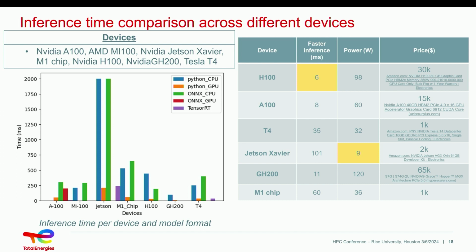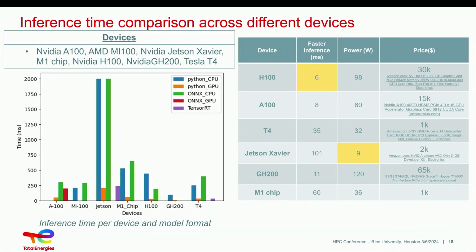So for that, I will say that it's always a trade-off between cost, precision, and speed, right? So for example, if you need something that will run really fast, you can go for the H100 that was taking 6 seconds, but it's consuming a lot of power. So for example, in our case, we were having a really low power access. That's why we were interested to look at the Jetson Xavier, which is an edge device, and which is consuming